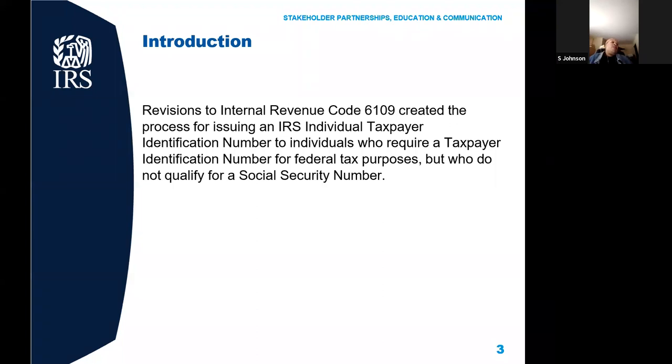So if the person has a federal tax obligation and they do not qualify for a Social Security number, then the ITIN is awarded. As far as the regulation on who's eligible for a Social Security number, unfortunately, I do not have all that information. They do have their own website, and the application I know is an SS-5. As we continue on